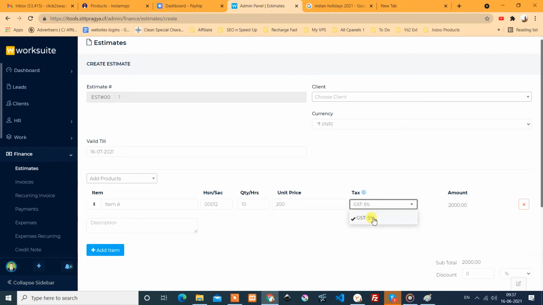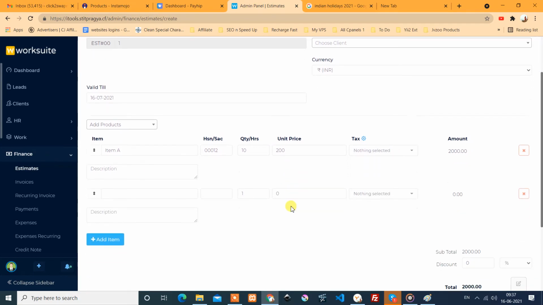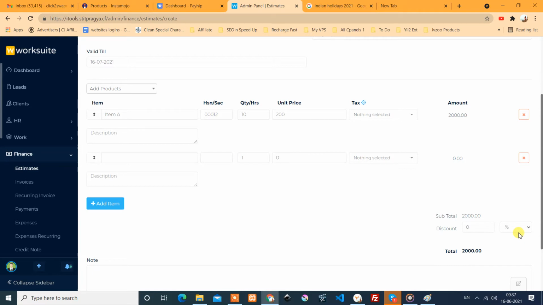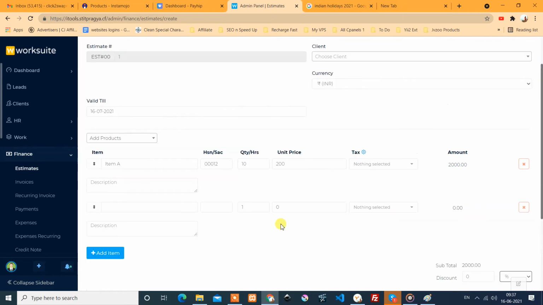Okay, and add that item. You can give discount in percentage or amount also.